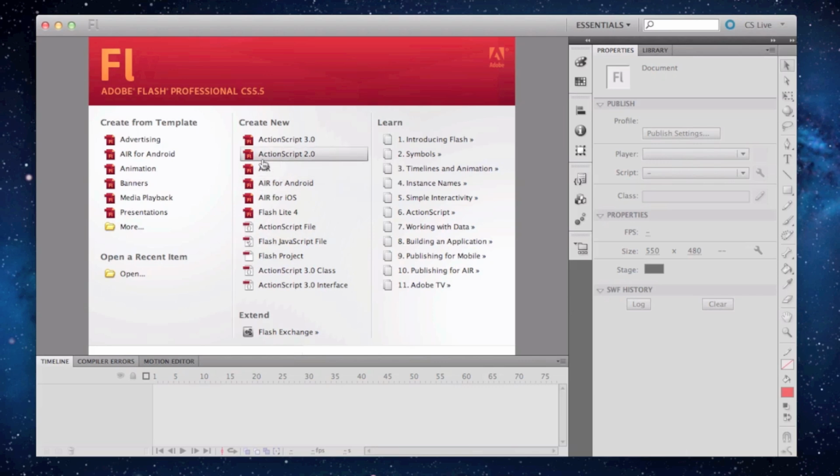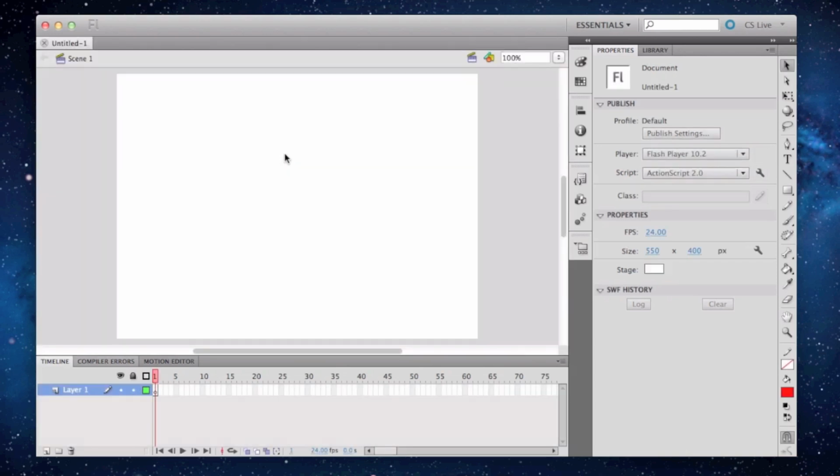The third thing that you want to press is ActionScript 2.0. This is because the actions that I want to put in my buttons won't work in ActionScript 3.0. So that's why I'm using ActionScript 2.0. Go ahead and click it. And as you see, a blank page will come and the timeline changed, and now you can press the toolbar